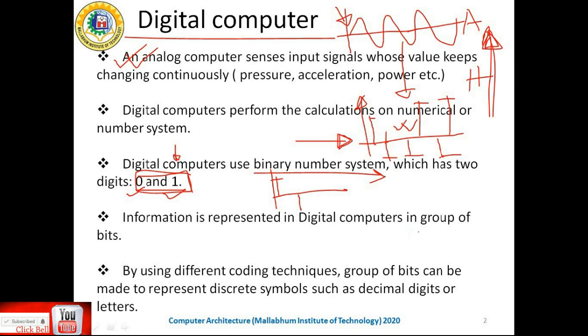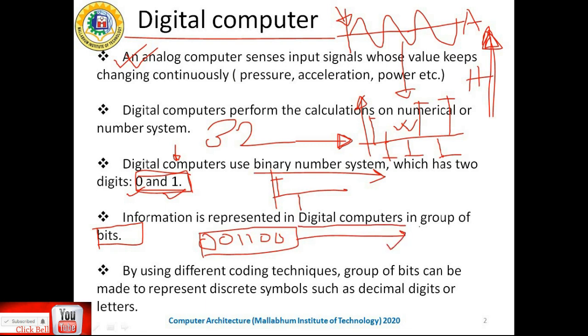Information in a digital computer is represented in groups of bits, obviously because the digital computer depends on binary digits. A combination presented like that is called a group of bits. If the machine is a 32-bit machine, then the information represented may extend to 32 bits. That group of bits represents some amount of information, and if we vary the group of bits, 2 to the power 32 combinations are possible with the help of this 0 and 1 variation. With this variation we can represent different data. That is the main feature of the digital computer.